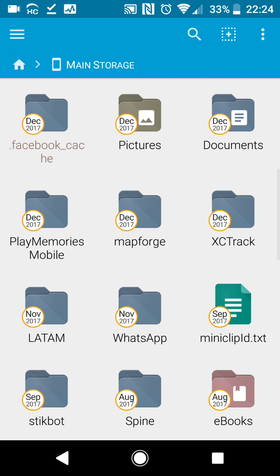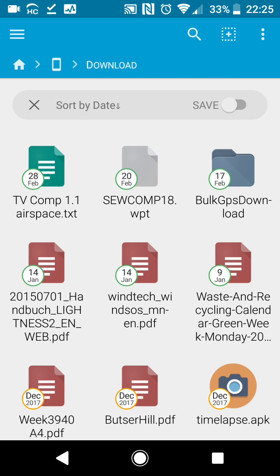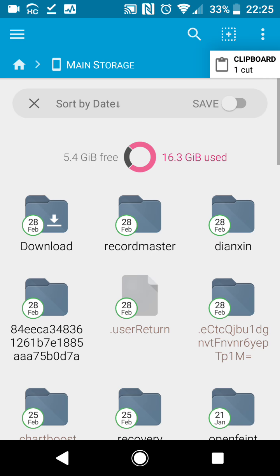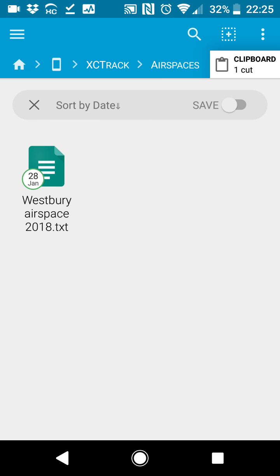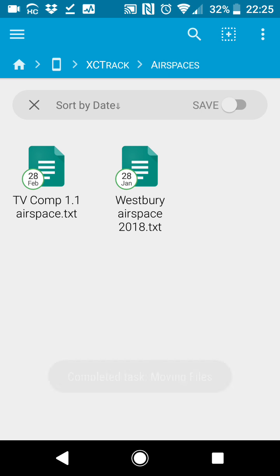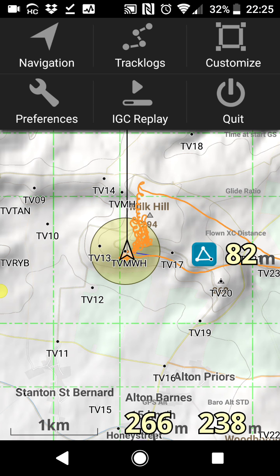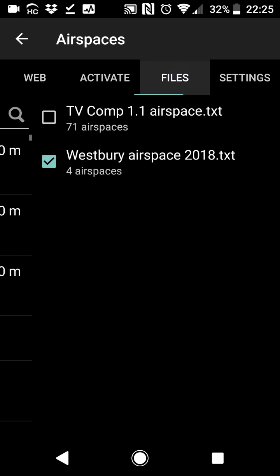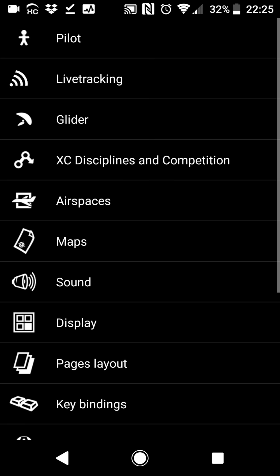So if we go back to downloads, take our airspace file into XCTrack, airspaces, paste into there, and back in XCTrack, go to airspaces, files, tick the TV comp airspace file,